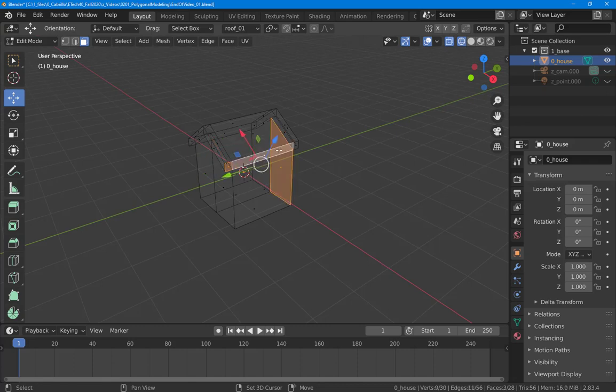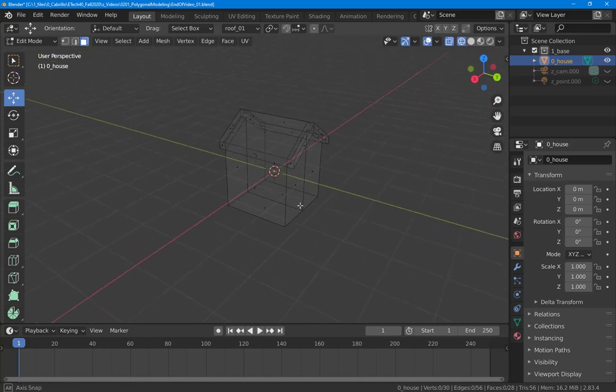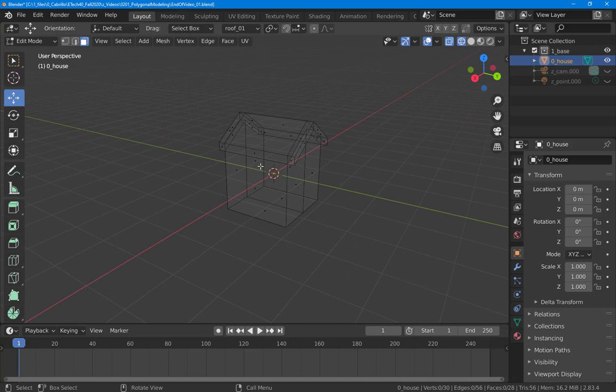And you notice I'm clicking twice just to select and deselect various faces. Sometimes you have to just spin around a little bit. Clicking close to the little dot in the center of each face is generally the best way to do it,